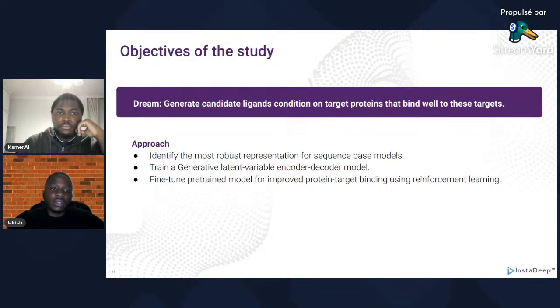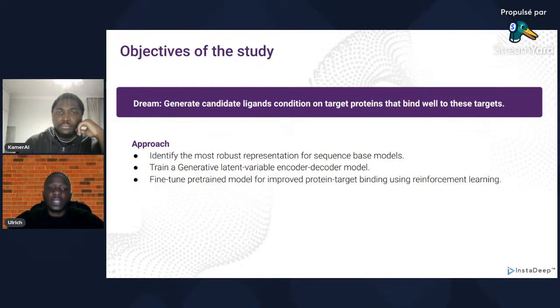Okay, so I think that was a short introduction and review to put into perspective what we're trying to do. Again, just to remind, the objective of this research is to generate candidate ligands, and we're going to come back to the fact that these ligands need to be able to bind well to specific target proteins. The first step of our approach was to identify the most robust representation we could use